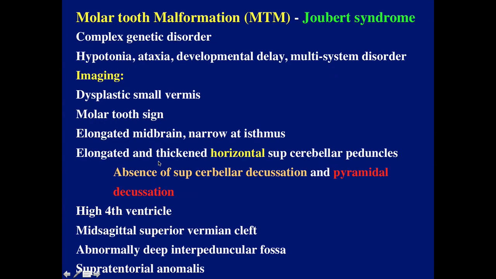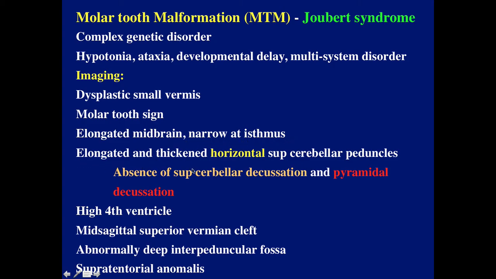Here we have a classic appearance involving the superior cerebellar peduncles. This is the molar tooth malformation, also known as Joubert syndrome. It's a complex genetic disorder. There's hypotonia, ataxia, developmental delay. It's a multi-system disorder. Usually the imaging shows dysplastic small vermis, molar tooth sign, elongated midbrain and narrow at the